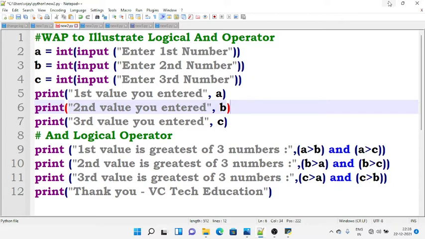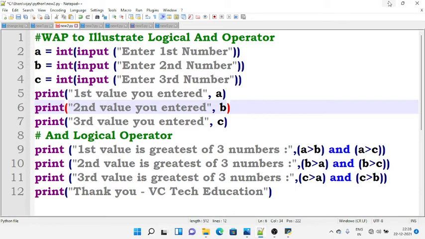Next, print third variable value is greatest of three numbers, double quotes close, comma, C greater than A and C greater than B. So the major agenda here is to use the AND operator to find the greatest of three numbers. This is the program which we did.